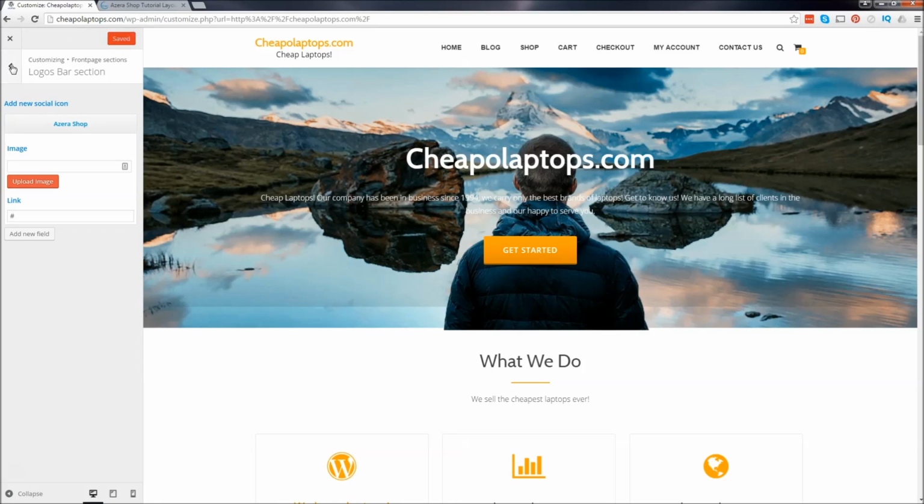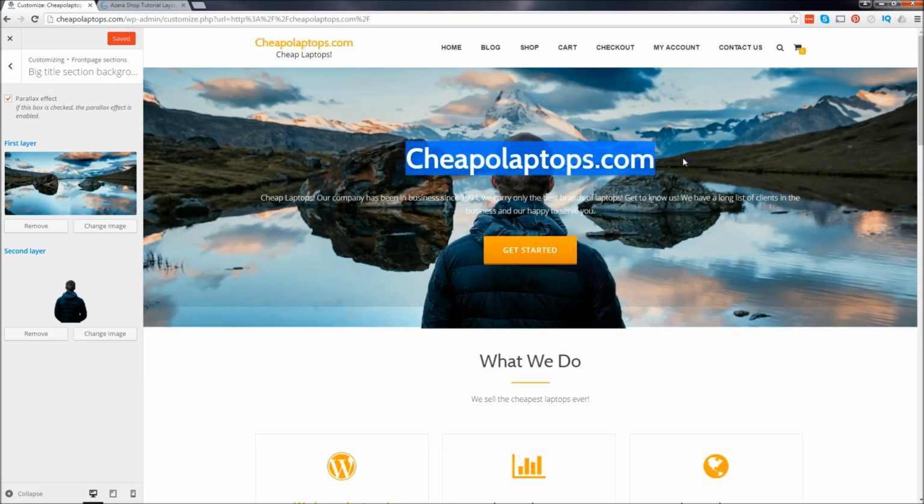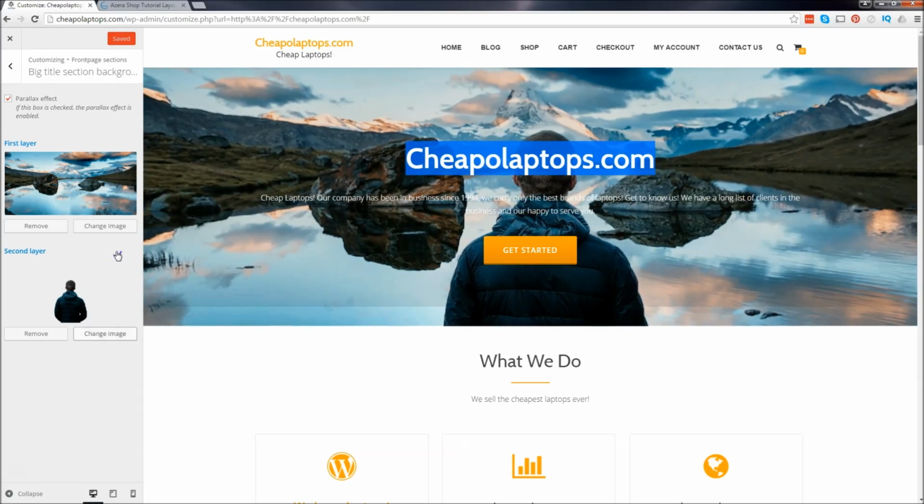Now I'm going to go back to our slider. Now I want to explain this in detail so everybody understands. So I have two different types of Photoshops for you guys. One is with one layer of text. The other is for 2 layers of text. So I will show you both. So for our first layer,